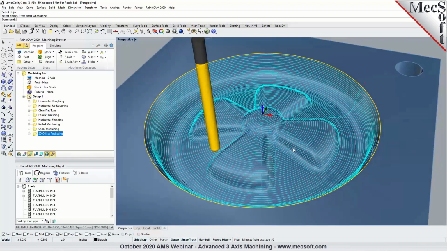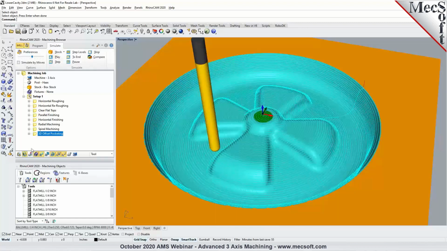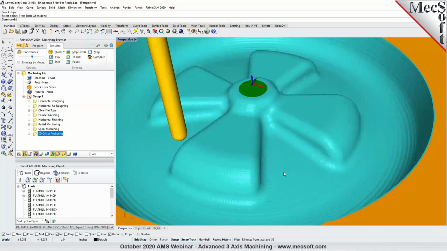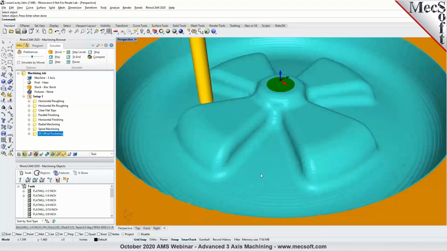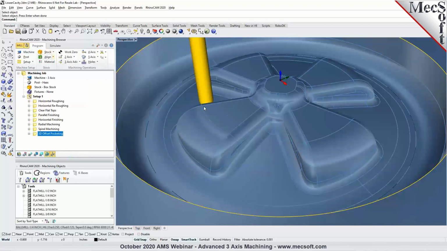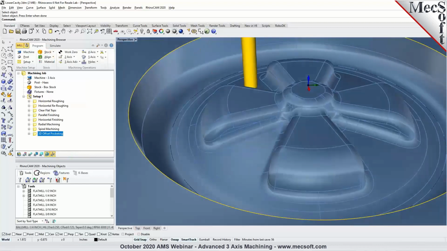Okay, so now that we have covered some of the advanced 3-axis pre-finishing and finishing methods, we'll focus on a couple of remachining or refinishing methods. One of them I'm going to cover here is called pencil tracing. Now, pencil tracing is a great way to machine areas where there are bitangencies on this part, as you can see, where you have a vertical and a flat surface, or where the tool